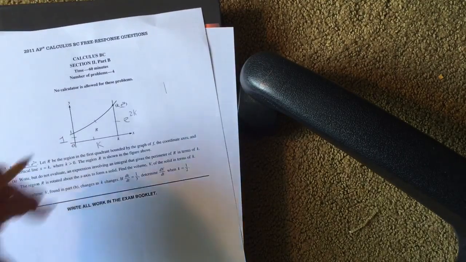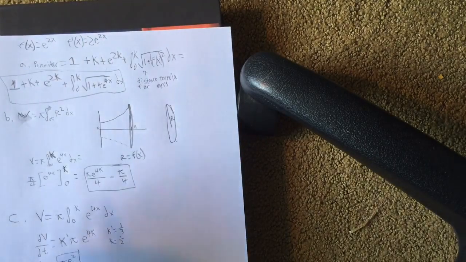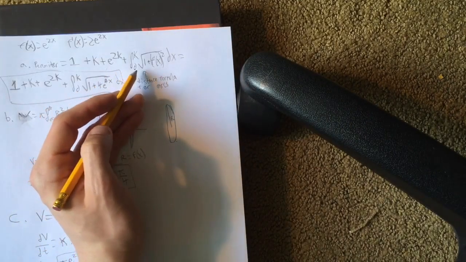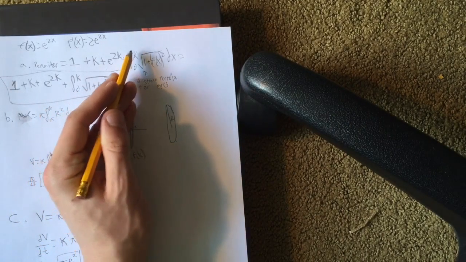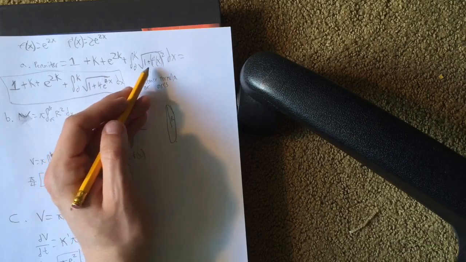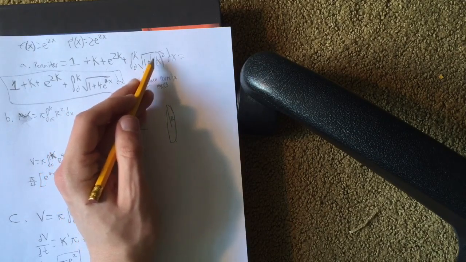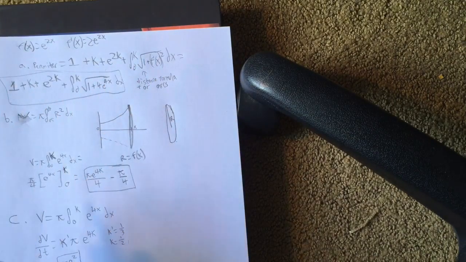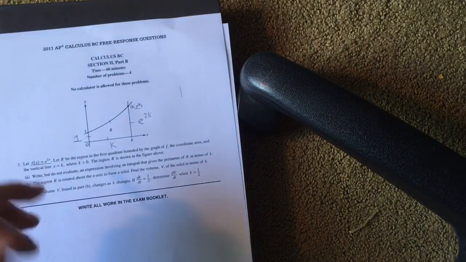Now to find this arc length, we're going to need the arc length formula. That's going to be, if you remember, the integral from alpha to beta of the square root of 1 plus the derivative of the function squared, as we showed here. Except I'm just putting it from 0 to k instead of a to b, because as you can see here,